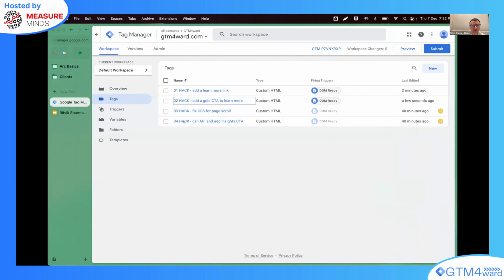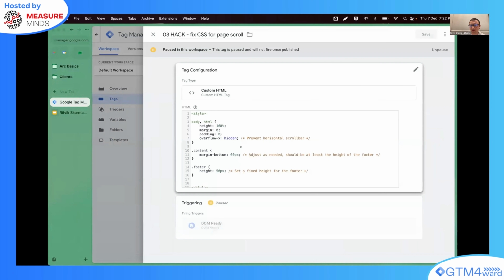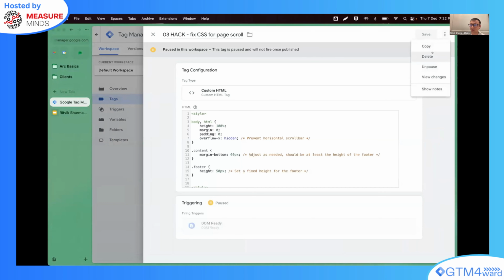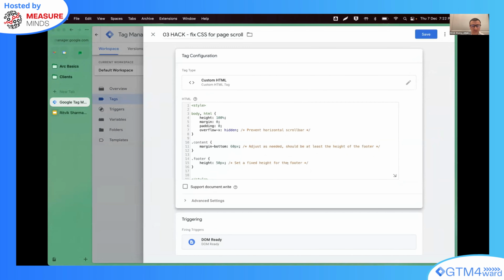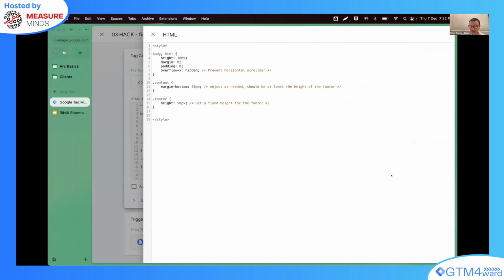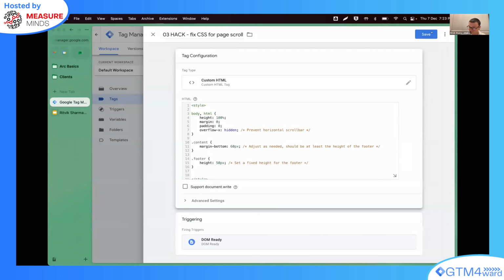So what we could also do is, again, go back into Google Tag Manager, and this time we are not going to use a JavaScript. We are going to use a style element. Basically, Google Tag Manager's custom HTML tag type doesn't only take JavaScript, you can also implement CSS styles as part of it. So instead of a script, this time I'm simply adding some custom CSS styles as part of a style element here.